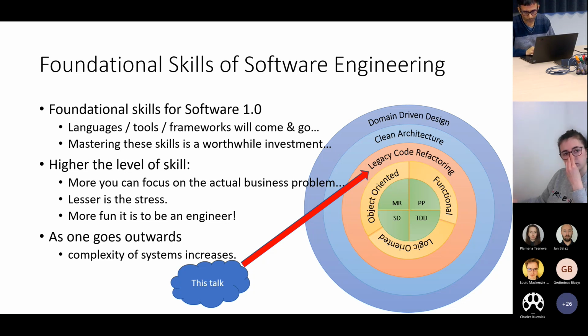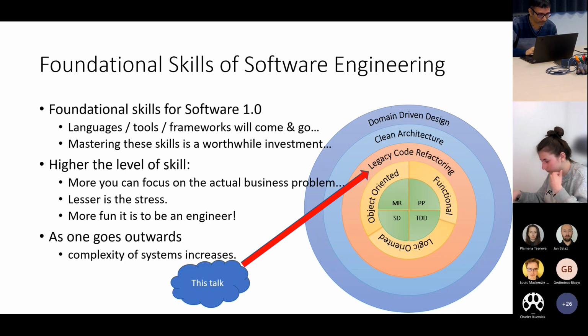You tend to be able to contribute. In general, you're confident, and you like coming to work. So this is something that I put together, and folks should feel free to get into a discussion on this. But to me, this represents what software 1.0 is about. Software 2.0 will have a different set of skills, but we can cover that.